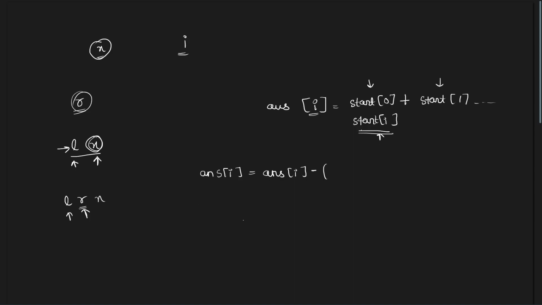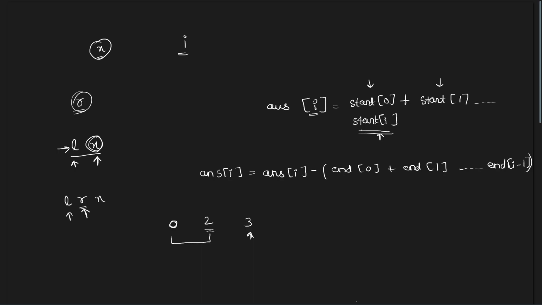For example, if I am at index 3, then the range starting from 0 was earlier contributing to my answer when there was no right limit to our range. But if for this particular range the right limit is 2, then this range will already end before even reaching 3. So I should not consider this range, right? So all the elements which have ended at 0, or which have ended at 1, or till which have ended at i minus 1 will not contribute to my answer,